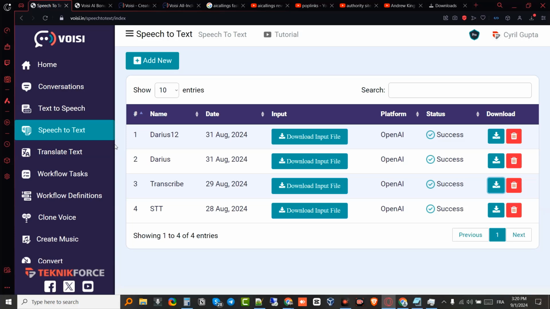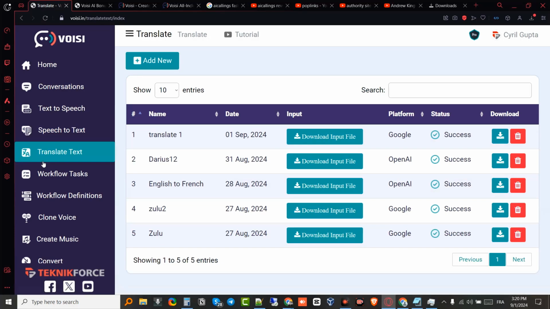So the speech to text is working, the translate text is working, and it's instant. And you might be asking, why would I use the translate text? Why wouldn't I use, for example, a free service like Google Translate? It's because it's using AI.